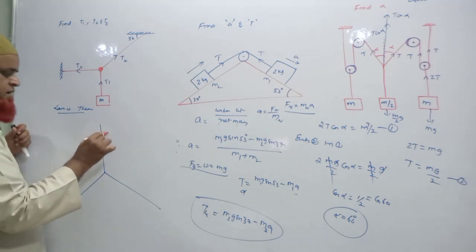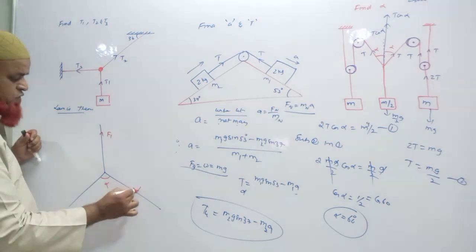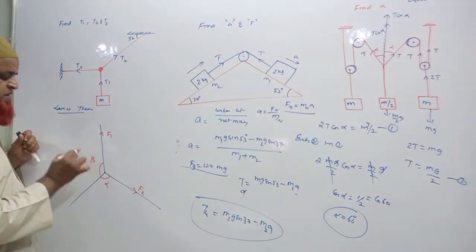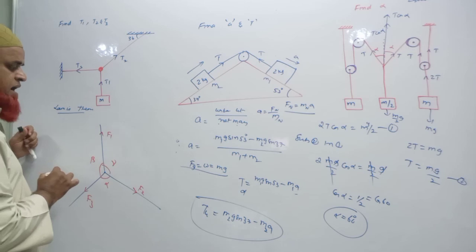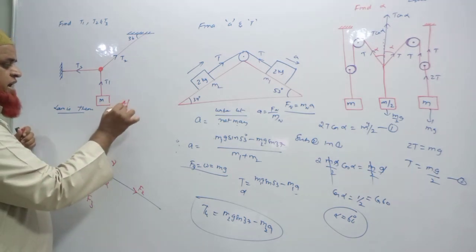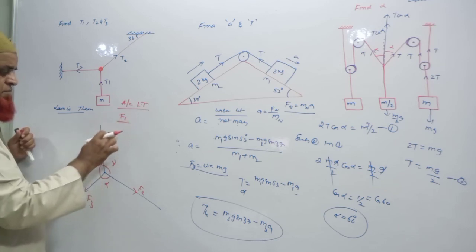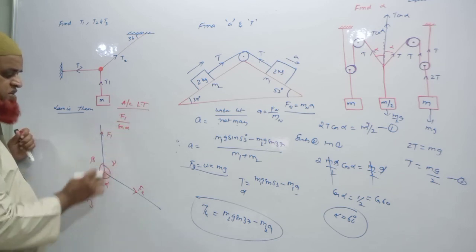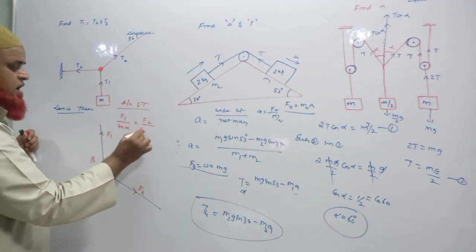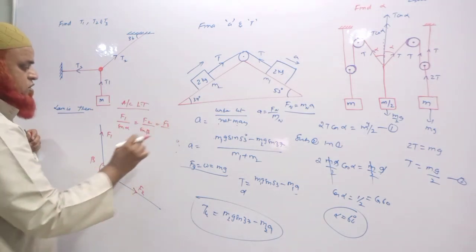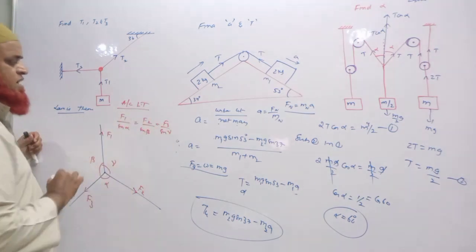For example, this is force F1, angle is alpha, and what is this? This is force F2, and opposite to that angle is beta. In this direction force is F3, and here angle is gamma. Then you can write, according to Lami's theorem, the formula: F1 by sine of angle alpha, which is opposite to that force, is equal to F2 by sine of beta, is equal to F3 by sine of gamma, the angle opposite to F3. This is called Lami's theorem.